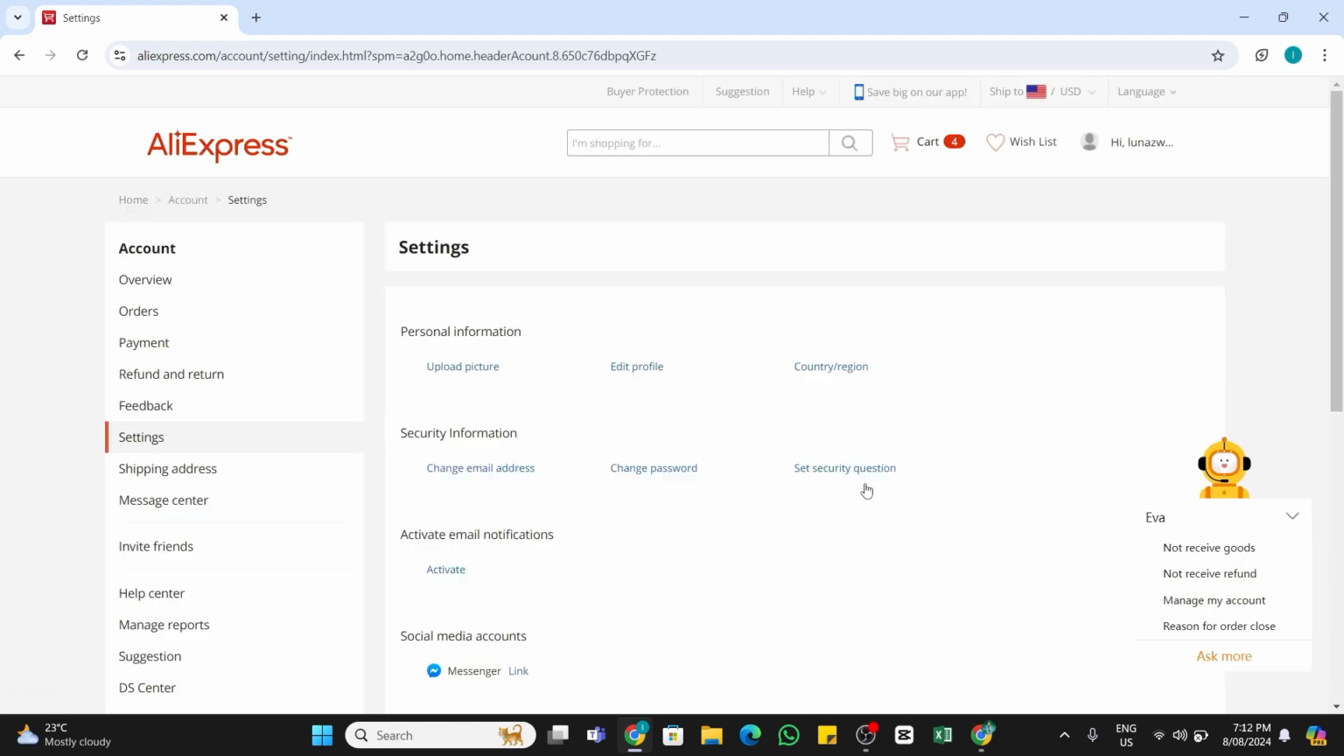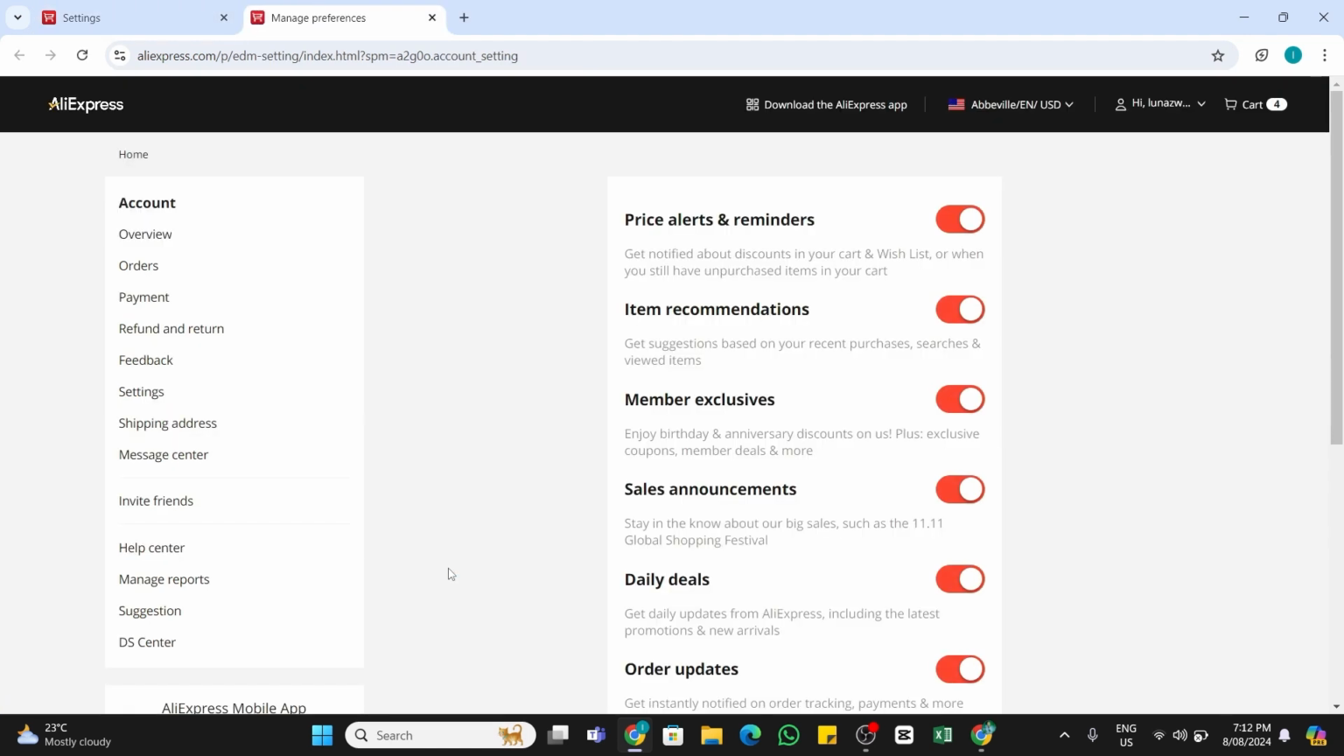Now you will be taken to the settings page. In this page, you will find the activate email notification option. Below it, you will find the activate option. You need to click on this activate, and then you will be presented with all the notifications that you would get via email. Now from here, if you want to stop getting emails for a specific topic, you can search from here,